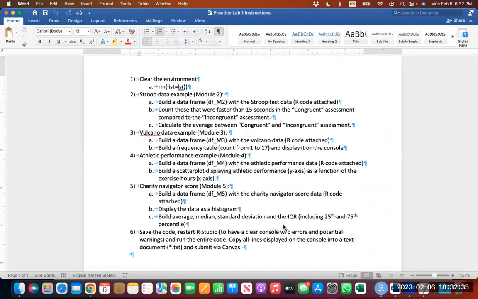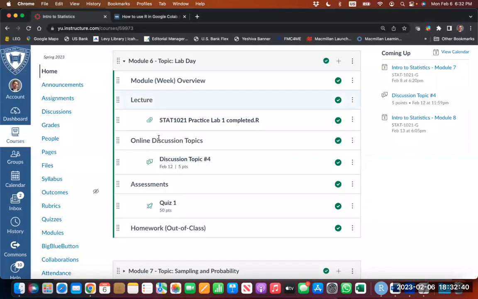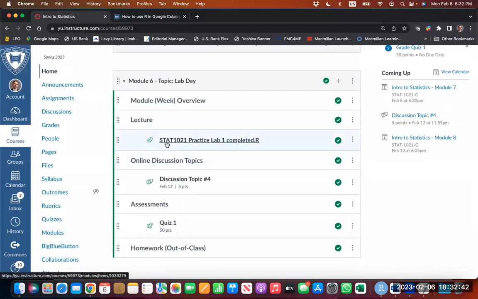So we have practice lab 1, that's the file, and you have then in your actual Canvas in the module for today, module 6, you have a code to download, which is STAT1021 practice lab 1 completed. That's completed because you don't need to program with me, you just need to run the code. So it's really as simple. So please download both files in your respective module 6 folders in your folder for this class, and then open